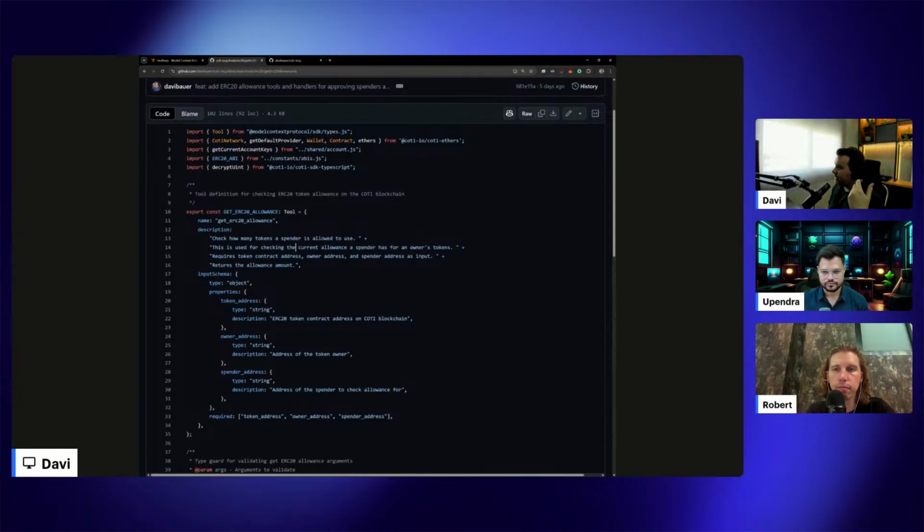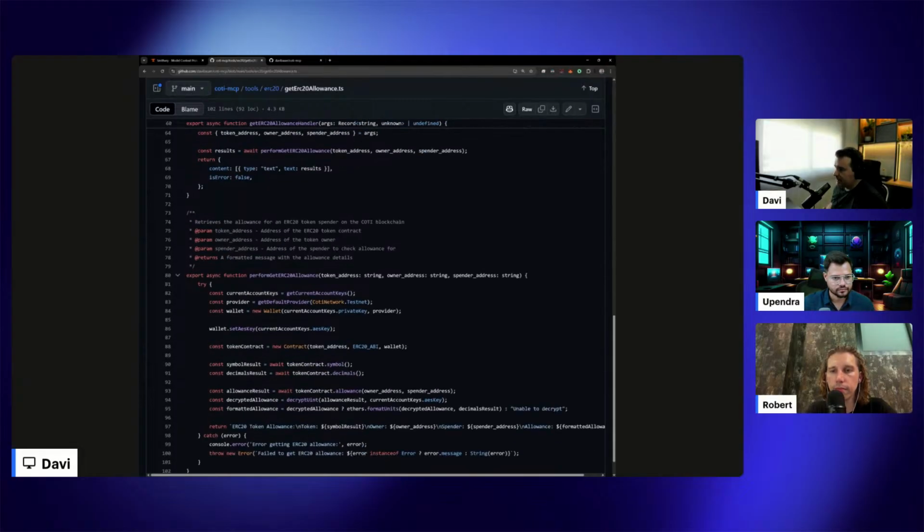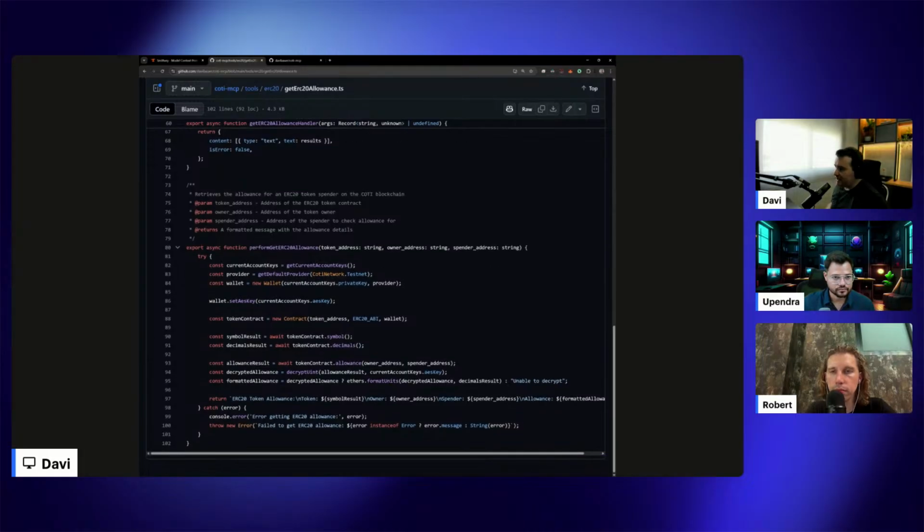You mentioned the token address. I already have the token address in my context because we already deployed the contract, so I will pass this to the tool. And in that way, the AI will connect with the tool. But on the MCP side, we are just providing the tool name, the tool description, the input schema, and we also need to provide the implementation, right? So that the tool knows how to do that allowance, for example, and all the methods.